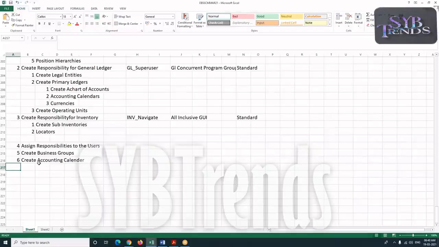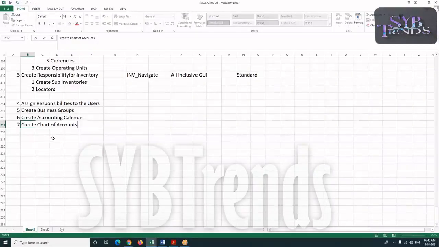Then after this, we'll create the chart of accounts. Moreover, in real time, the tasks of creating the accounting calendar, the chart of accounts, and the primary ledgers are performed by financial people. But we'll just create all the entities required for us to create our organization structure. After creating this chart of accounts, then we'll create our